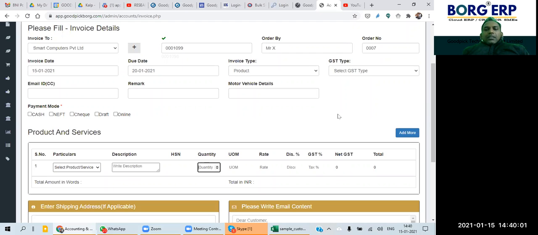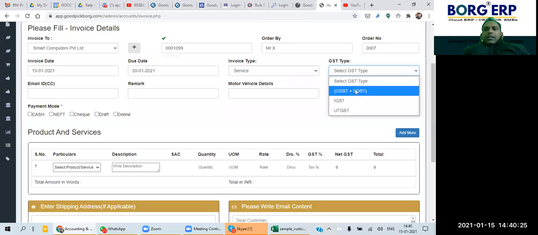So it means these accounts are also integrated with the inventory module. Inventory gets adjusted automatically from here. When we do billing or sales invoicing, it will be deducted. When you do the purchase invoice, then it will be added. So for now, we are making this a service one.